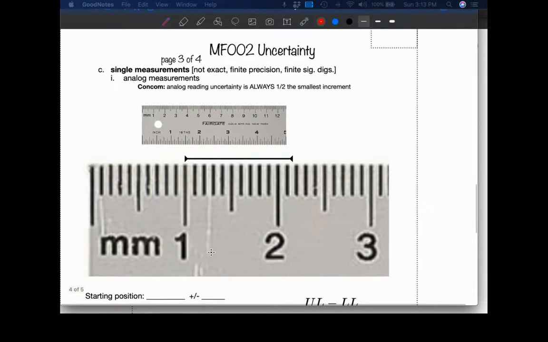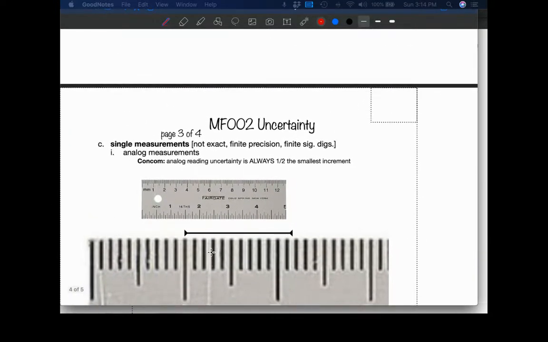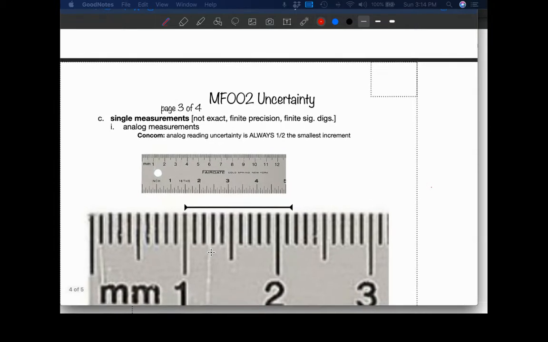Now let's talk about single measurements. Measurements we make using an analog device. An analog device is a device where humans judge the numbers reported. We have to pass some kind of judgment. And this is what people tend to think of when they think of human error. This is not what scientists call human error. It's what we call random error.